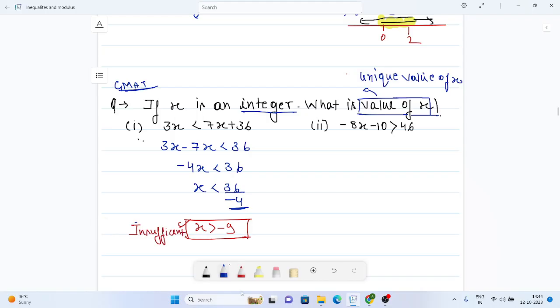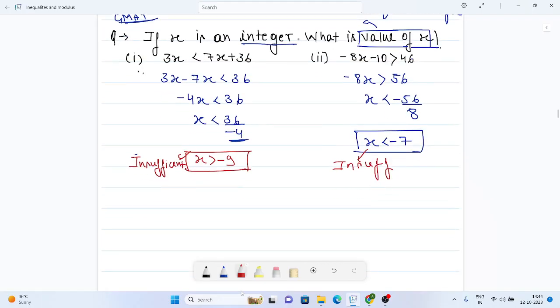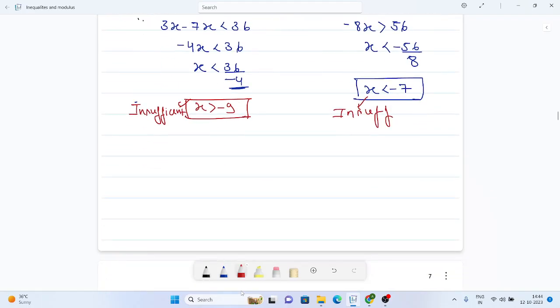Now move on to the second condition. If I solve it, I get minus 8x is greater than 56. Again I divide by a negative constant, so I reverse the sign, and I get x is less than minus 7. Again it is insufficient because there are many values of x. So both alone are insufficient, but if I combine 1 and 2,